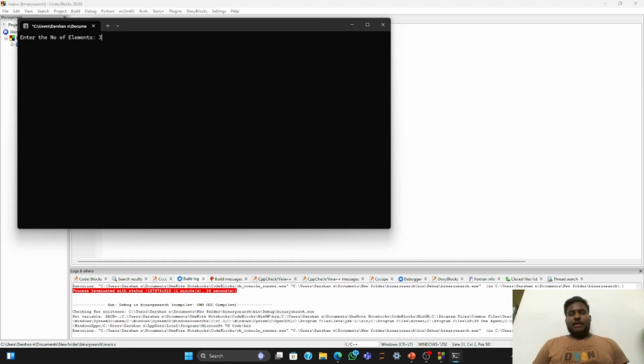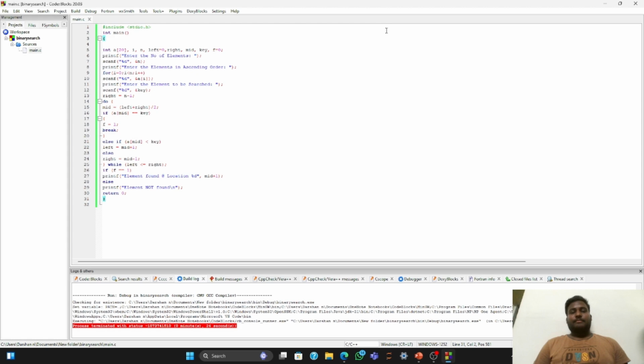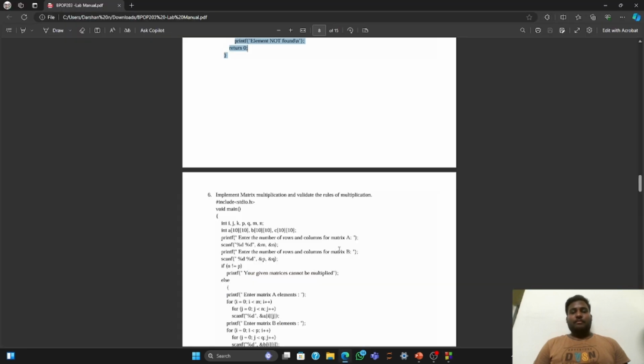Let me enter 3, and the elements are 23, 43, and 56. The element to search is 65. The element is not found, so the location is not printed. This is the execution of binary search. Moving on to the next program,